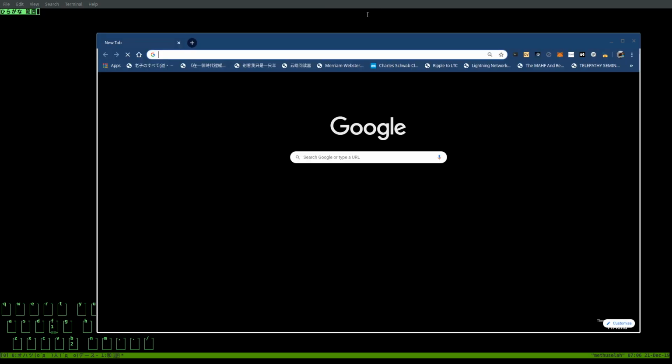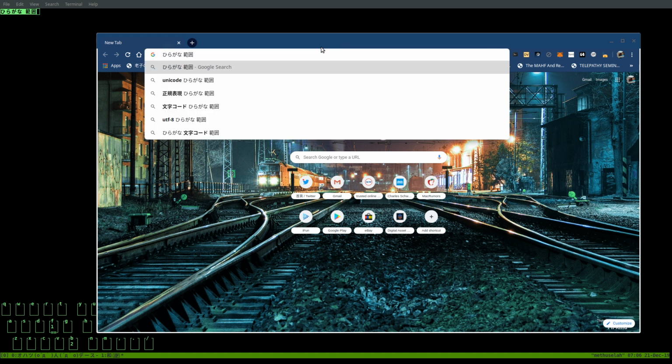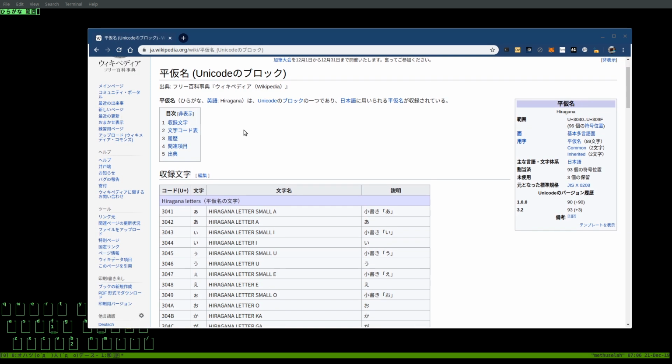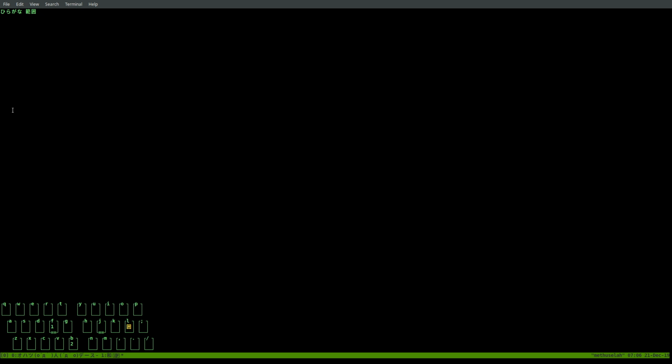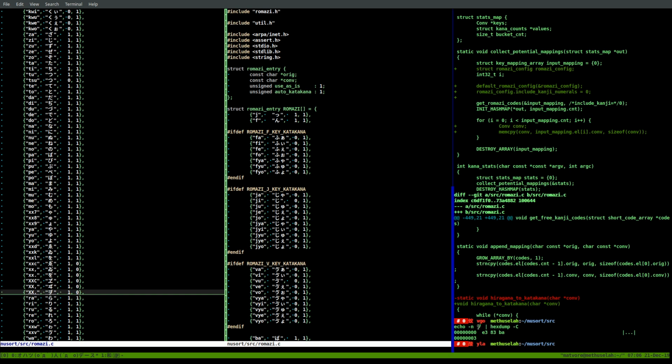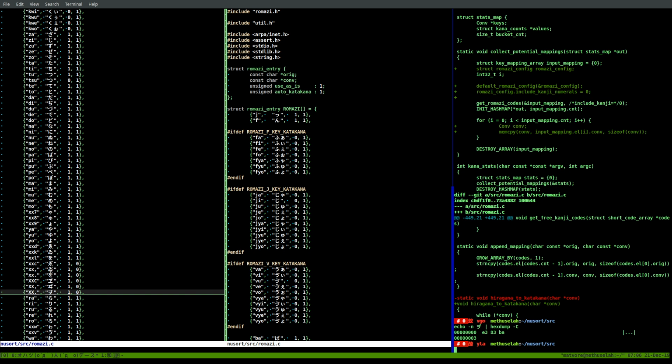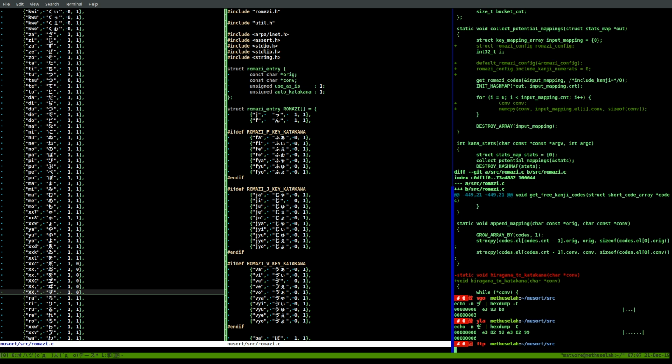Let's see. Opening up browser. Oh, that's katakana. So let's look for this one. No. Oh, so probably what's wrong is that this is the one that's composed and the katakana is one that's not. So if we do hex. Okay, right. So this is going to be complex to support